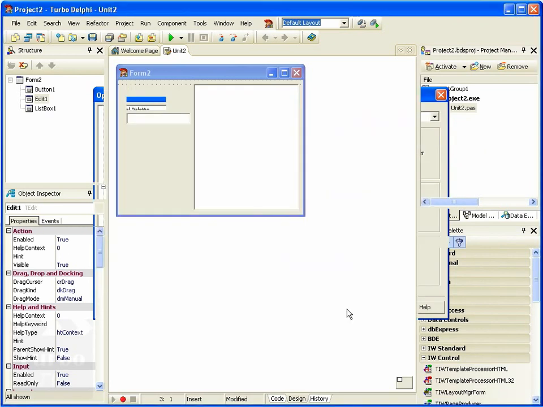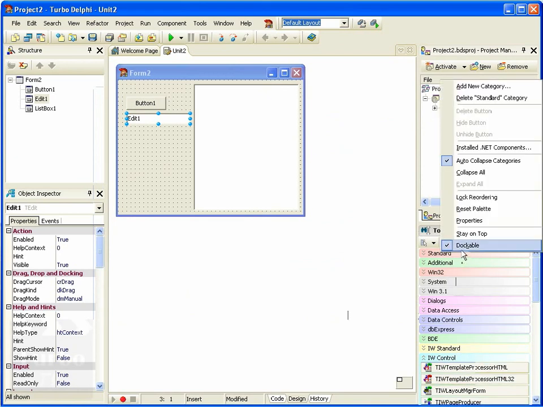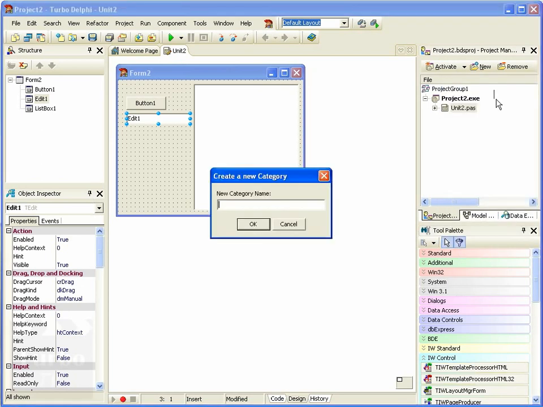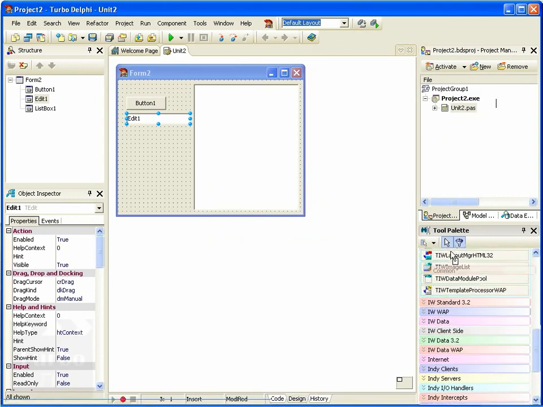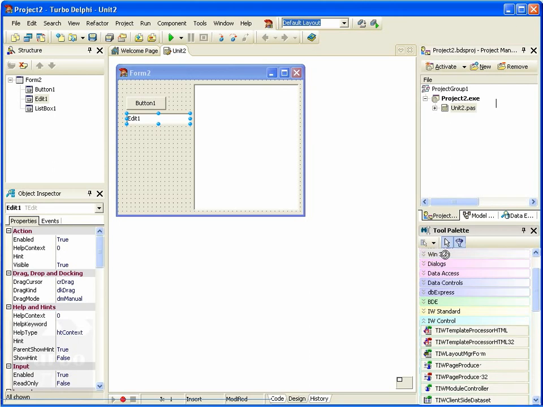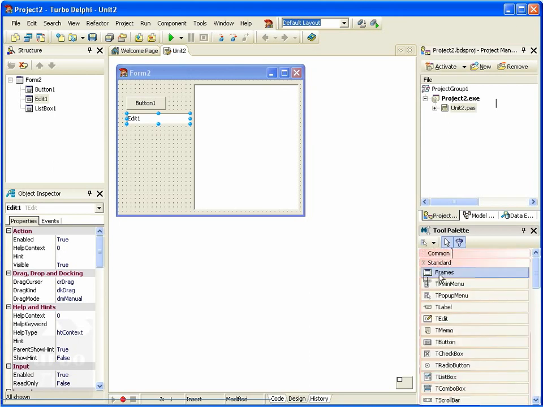I always like to, for some reason, pick the rainbow, and you get a little more functionality. Another interesting thing you can do is add a new category, and you might create a category called common items. Then you can drag your new category all the way up to the top. You can put it here, and now if you'd like, say I'm commonly using edit controls,